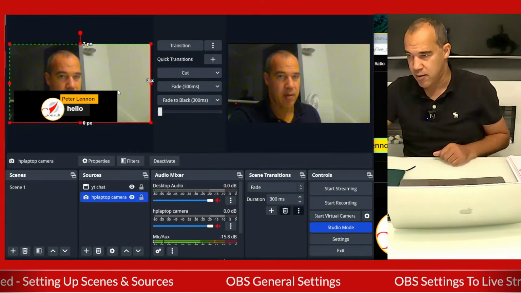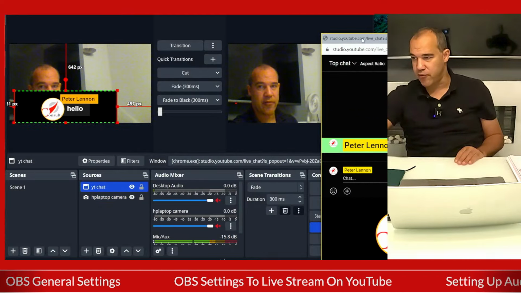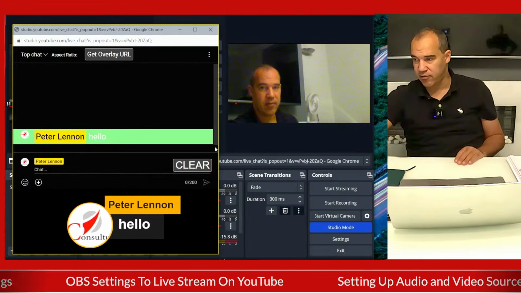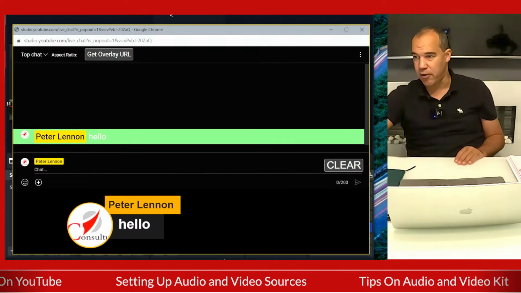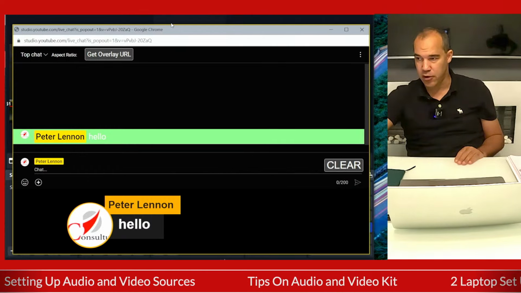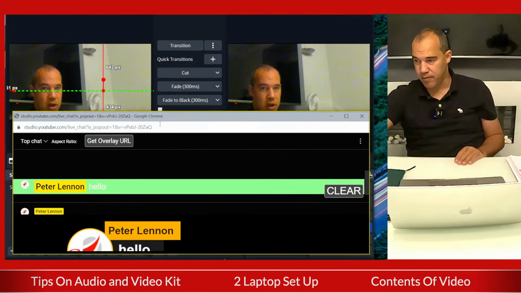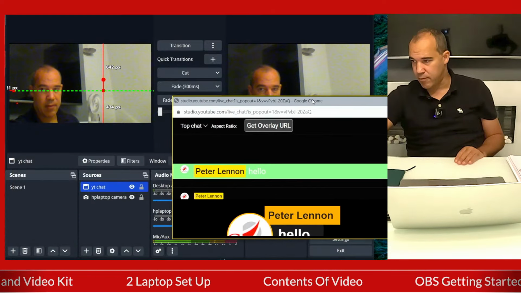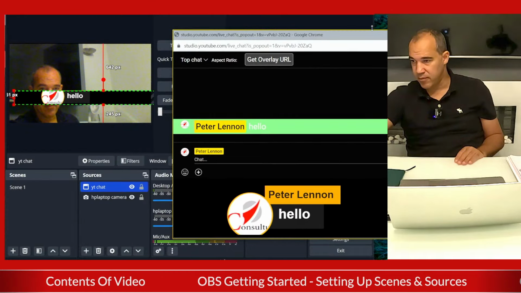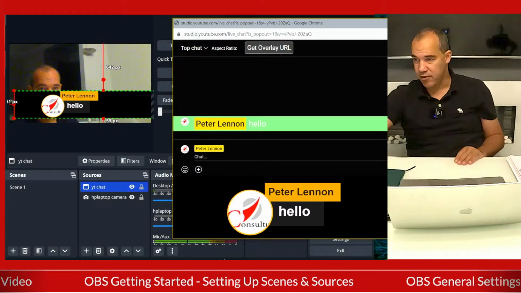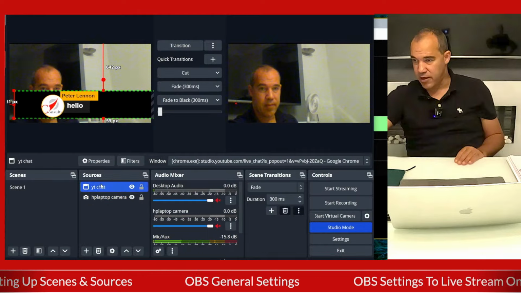So what you actually need to do is go back into your browser window where you've got your chat and just play about with the size of the window, because it's taking a capture from the actual window. So you'll always need the chat window open when you're doing your live stream, but you can play about with it and it will enable you to capture the comment. So you can see here, here's your comment, and then you can resize it